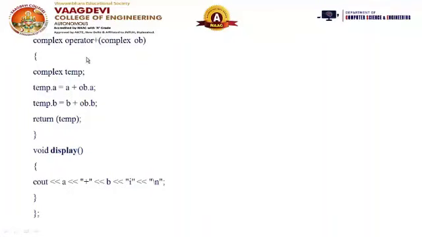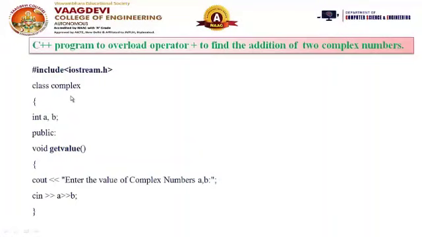In the next statement, I am using the display member function to display the value on the monitor. And this is the end of the class. The creation of a class is no use if objects are not constructed, because a class doesn't occupy memory. To make use of a class, an object should be created.